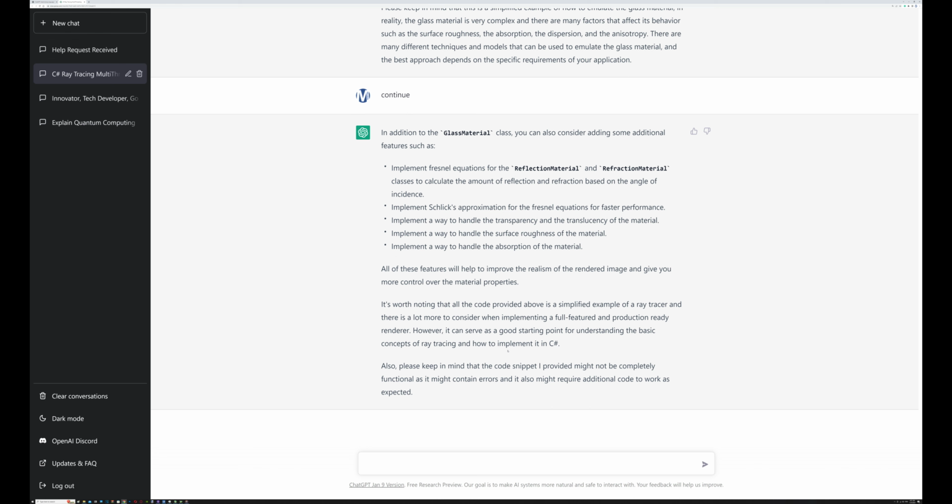Implement a way to handle transparency and translucency of the material. Implement a way to handle the surface roughness of the material. Implement a way to handle the absorption of the material. All of these features will help to improve the realism of the rendered image and give you more control over the material properties. It's worth noting that all the code provided above is a simplified example of a ray tracer, and there is a lot more to consider when implementing a full-featured and production-ready renderer. However, it can serve as a good starting point for understanding the basic concept of ray tracing and how to implement